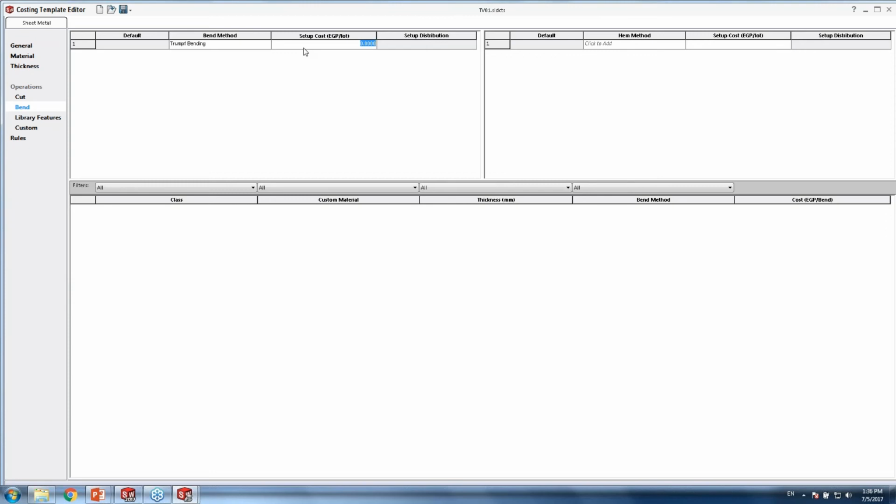And the setup cost here, I will assume that is 15, again per 1 part. I'm having here a 15 per all bends, so it's not for 1 bend, it's for the part. And then I'm having my material, the thickness is 1.2, and finally for the bend,